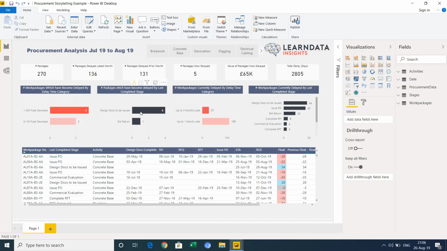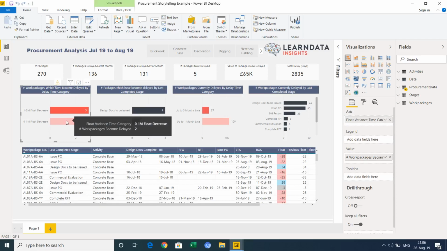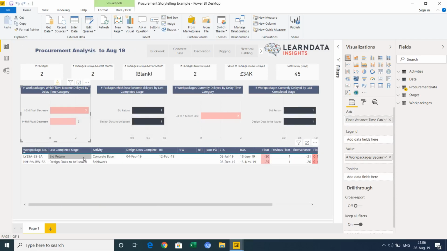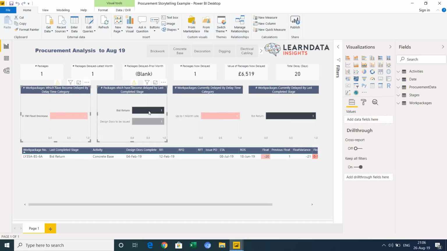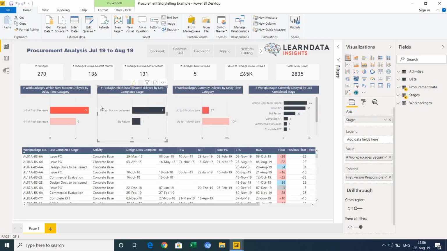And as I say, these graphs interact and they tell the story, and they allow people to drill into detail to say, I want to focus on those two and see the details of those two, or focus on one that's at that stage, and then drill down and see the details of it. So we've got that user journey. But I also wanted to show a little bit about how you potentially get to some of these. There is functionality in Power BI to do grouping and binning, but what I've done here is actually created my own custom categories.